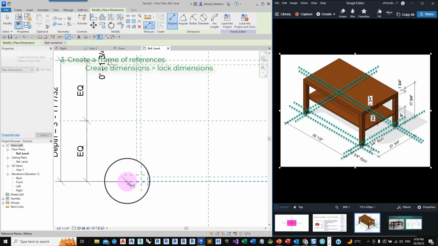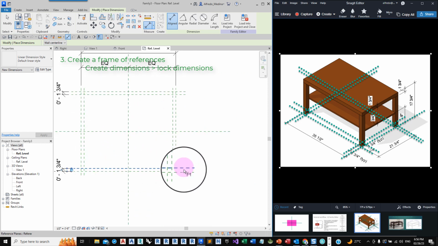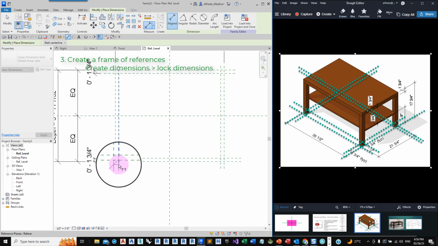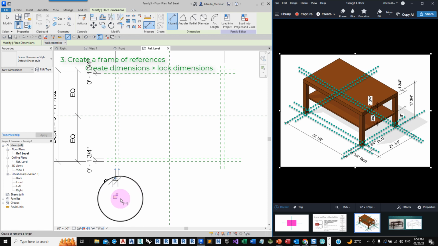So this is always going to be 1 3/4. So use the padlock. So I lock these 2 horizontals, and then I lock the 2 verticals like this. Okay.